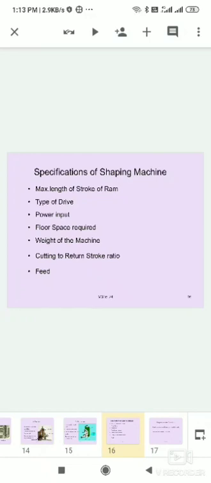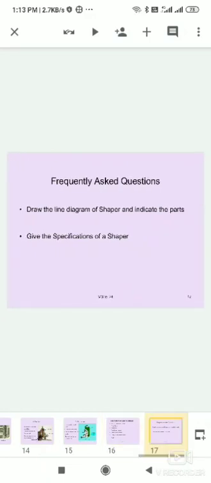Next, frequently asked questions in this shaper chapter.